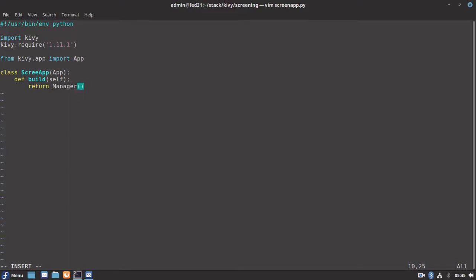Let's give our screen application class a name as Screen App, which will return the manager as a root widget.